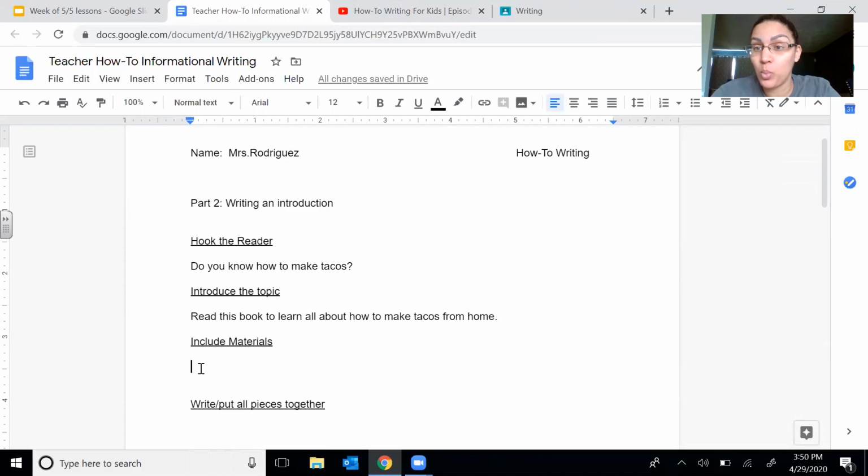So now I want to introduce my materials. I want to tell them what they're going to need to make tacos. So in my case, they're going to have to go to the store and buy these things if they don't have them in their fridge already. So I want to tell them everything that they're going to need in order to make tacos. So I'm going to tell them,